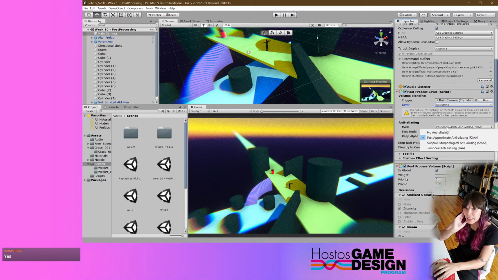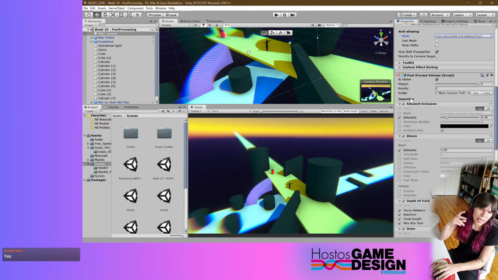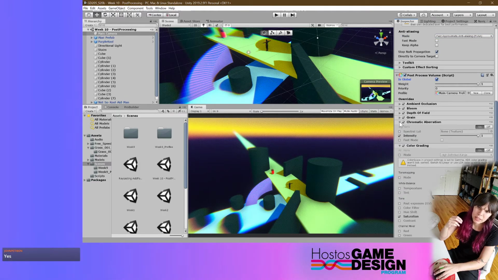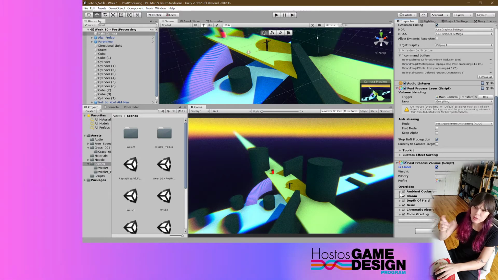We turned on the anti-aliasing, which will blur the jaggies. We added the post-process volume. We hit is global. We created a new profile here. And then we started to add effects. This stuff was not in here by default. We had to click add effect, and then we could choose from a number of different built-in options. We added ambient occlusion, which adds dark areas where there should be shadows. We added bloom, which